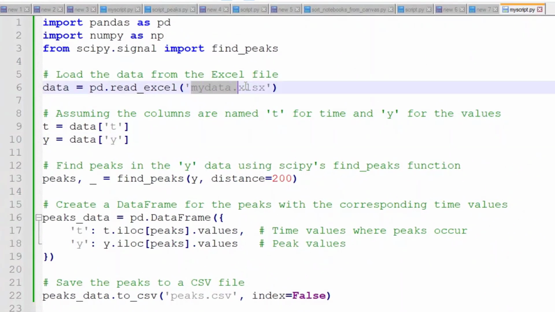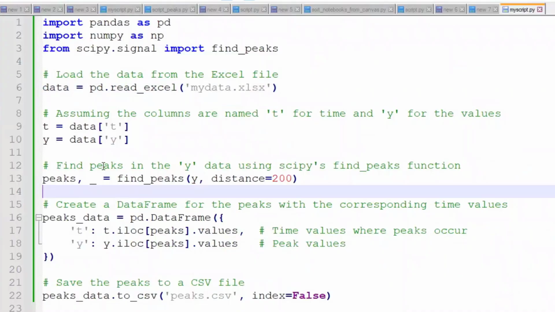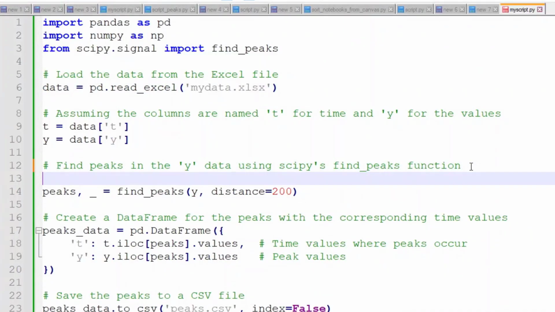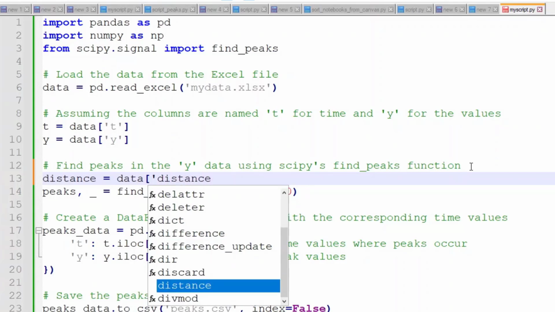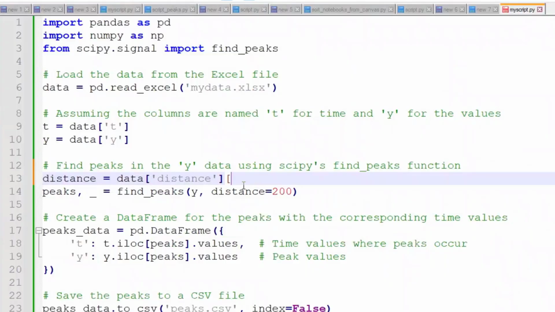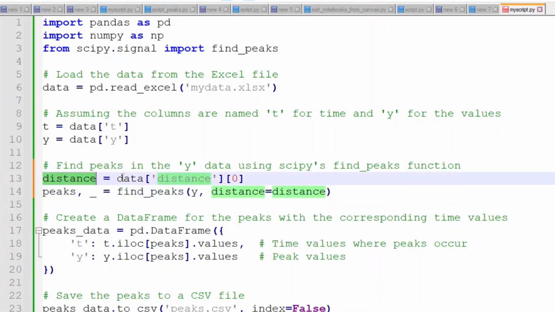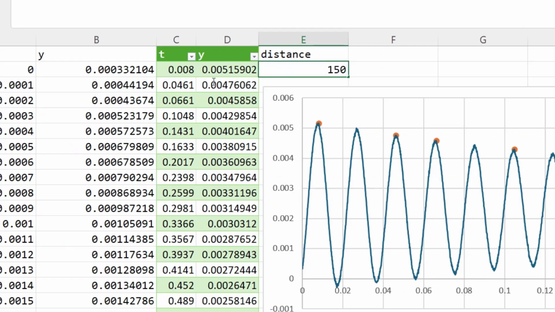So when it reads this file again, it's going to see all the columns, T, Y, the new T and Y, and this distance column as well. And I can extract that and use that as my distance command over here. So distance equal to data, so that's my data file, distance. That's the distance column, and I just need the first value from it. So 0. That'll be my distance, and instead of 200, this can be this variable here. Okay, so let's save this, go back here, and let's try 150 instead,